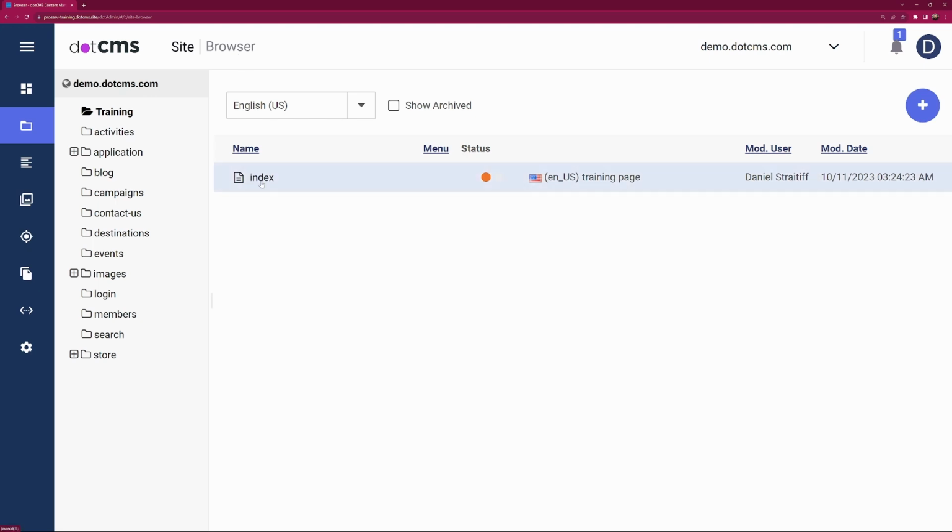Here we can see the index page that we created. You'll notice that the status is orange, meaning that this page has been saved but not published. So people visiting our site cannot currently see it. Now that we have a page within our folder, let's go ahead and add some content to it